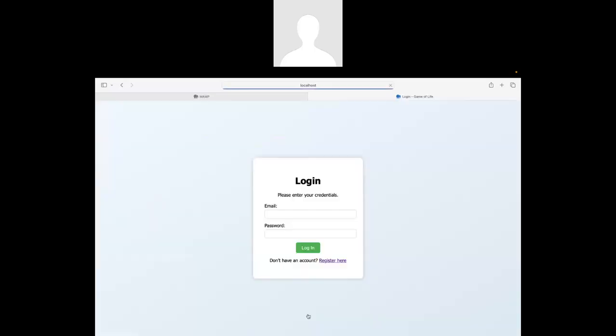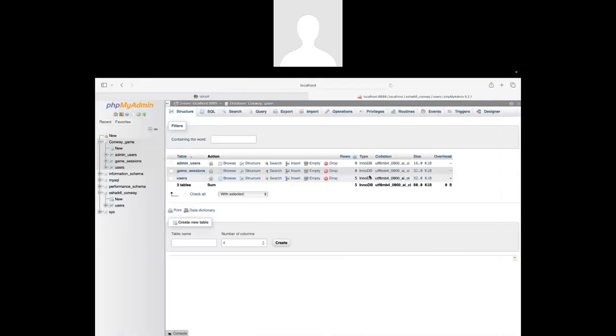And the user can log out as well. And we have also implemented the number of generations as well. And this is our